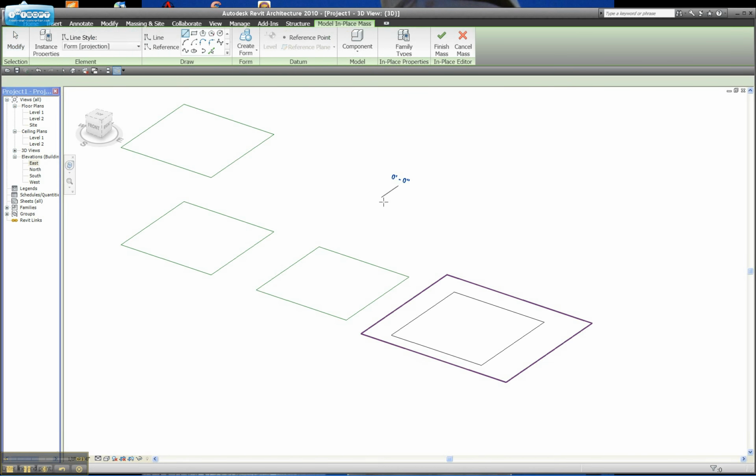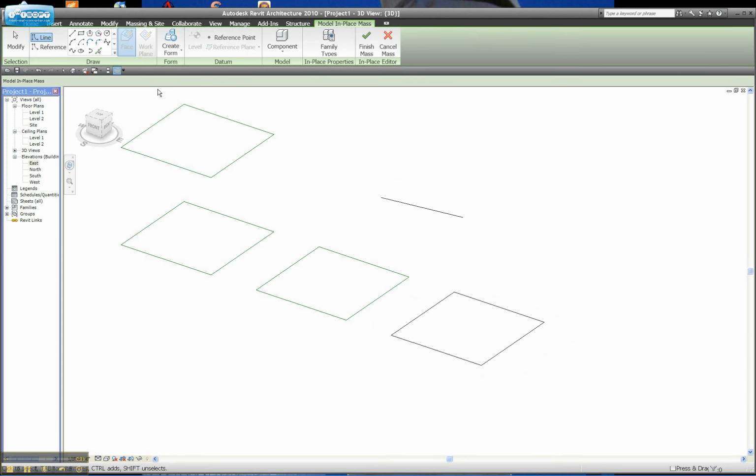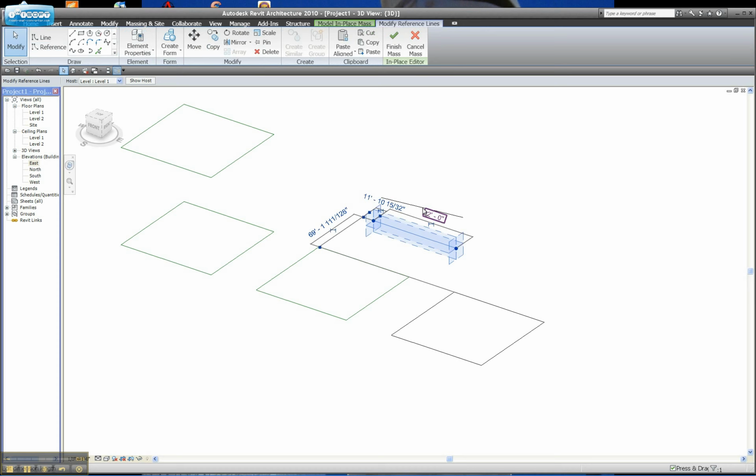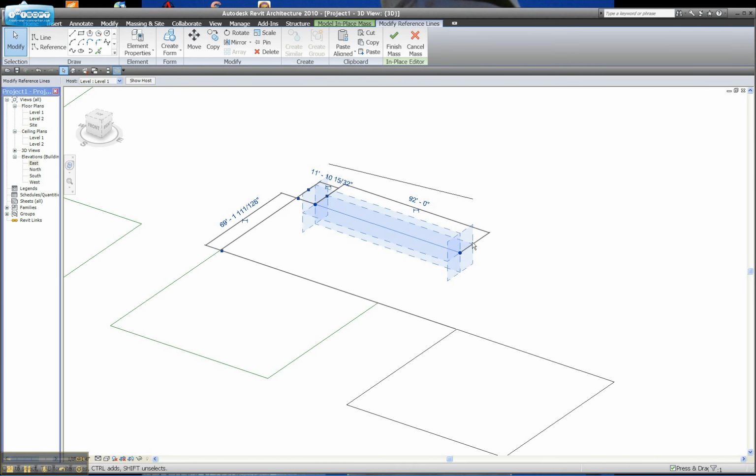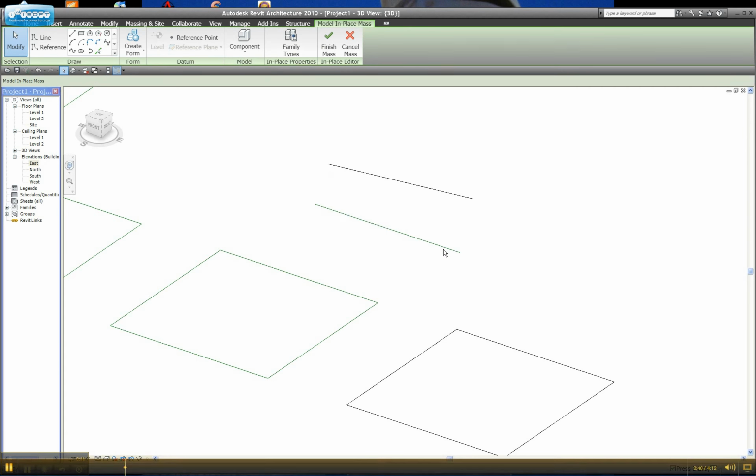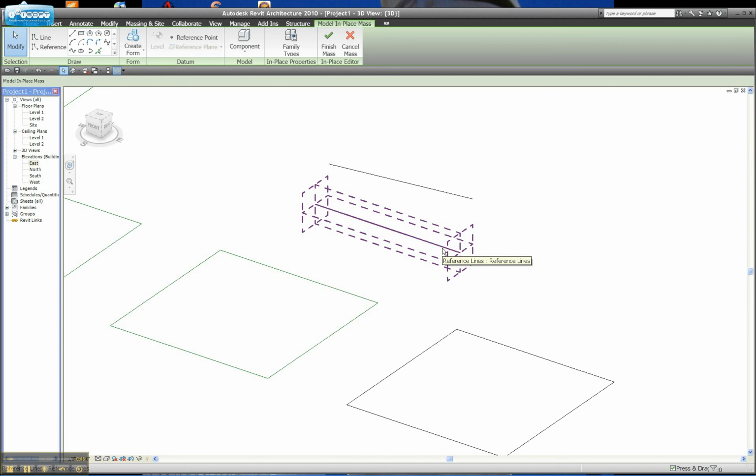If I pick line and just draw a line in space, or if I pick reference line and draw a line in space, when you select a reference line, it'll always look like it has an end axis and a sort of Z and an XY, a plane. The purpose of those is that these become construction reference lines for masses, and the planes